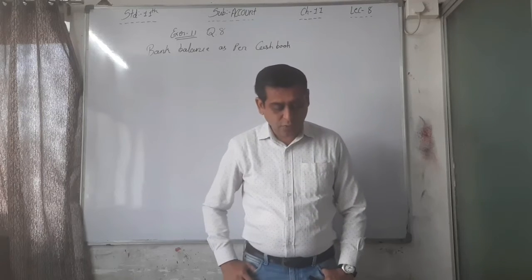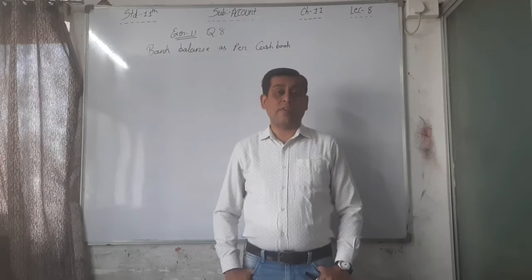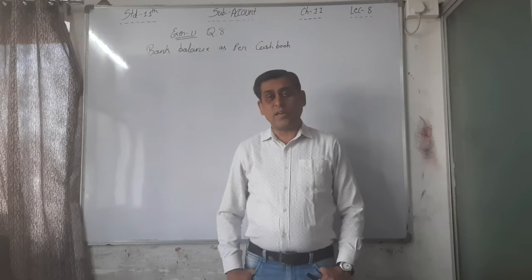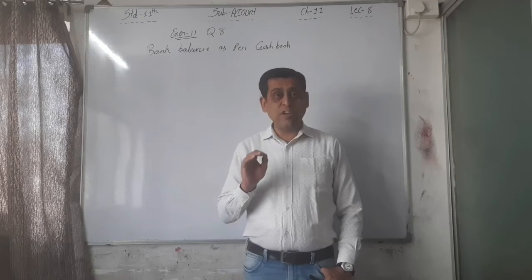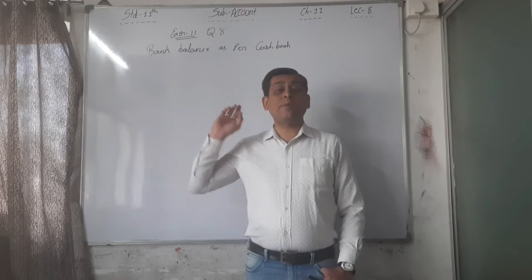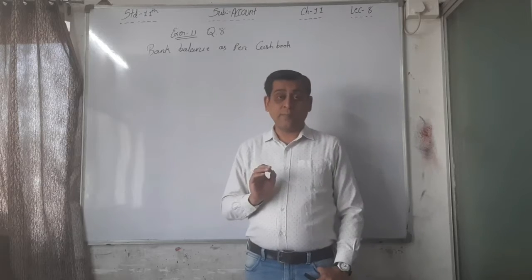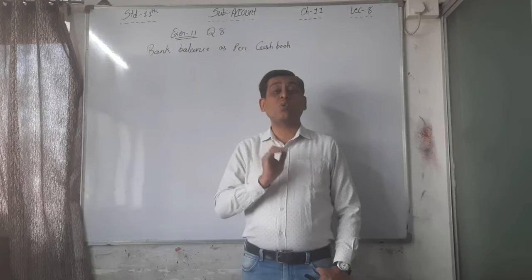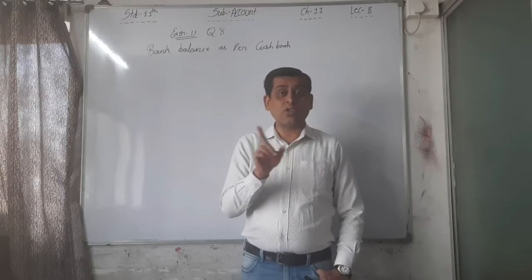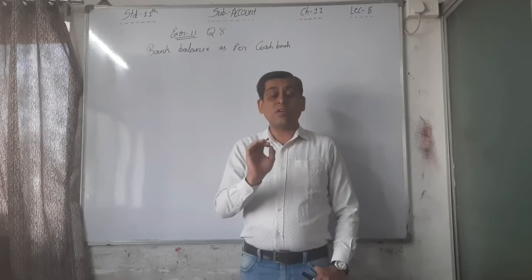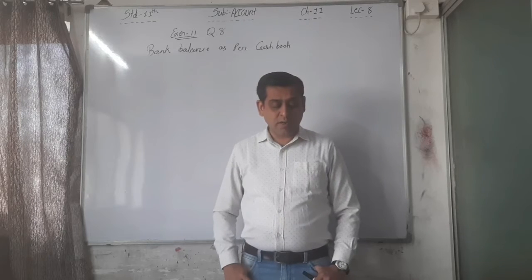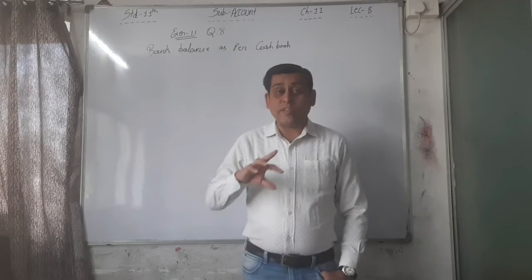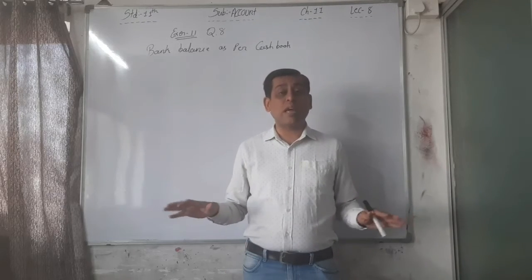First point, here two balances are given. Two balances means what? 31st December as well as 1st December. We need the December month bank reconciliation statement, so for that we need the closing balance of December, not the opening balance of December. So here the closing balance of December is what? Bank overdraft as per cash book. That is the closing balance, and the opening balance we have to ignore.